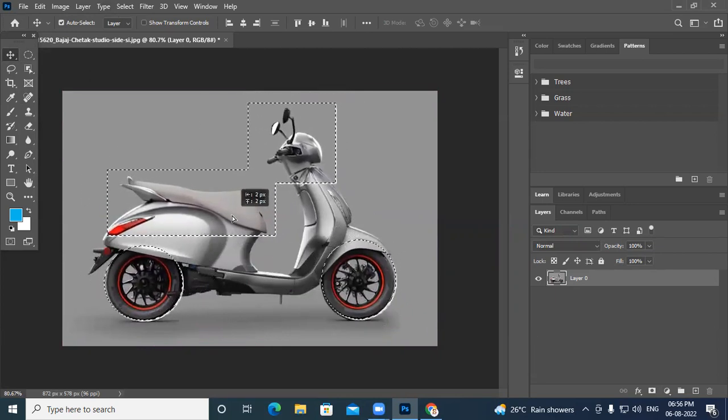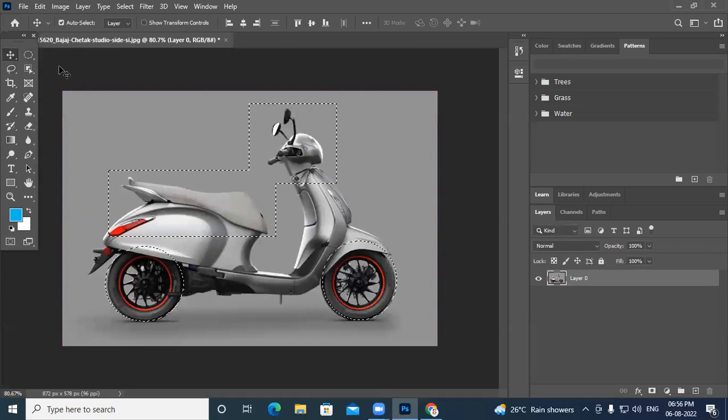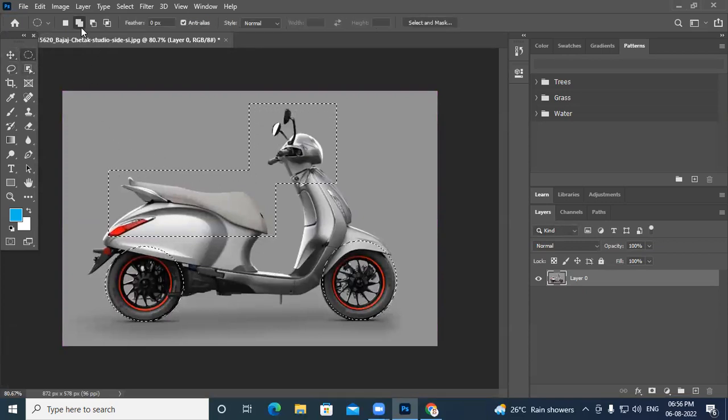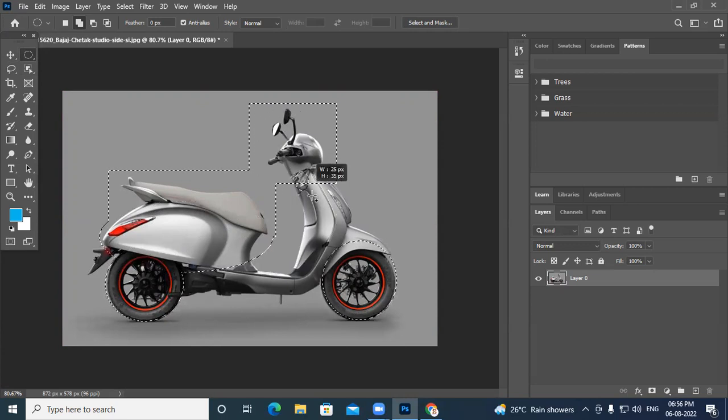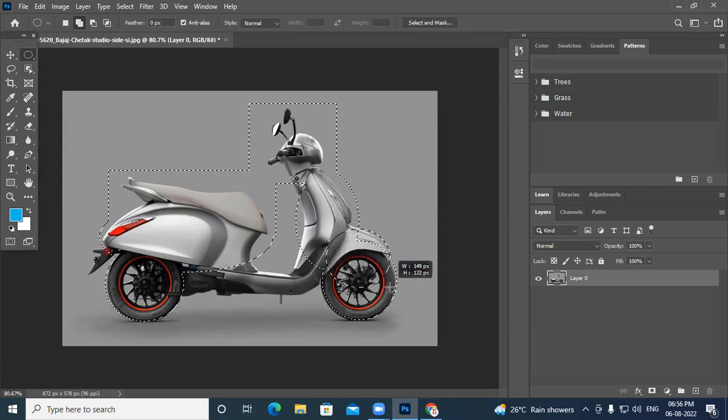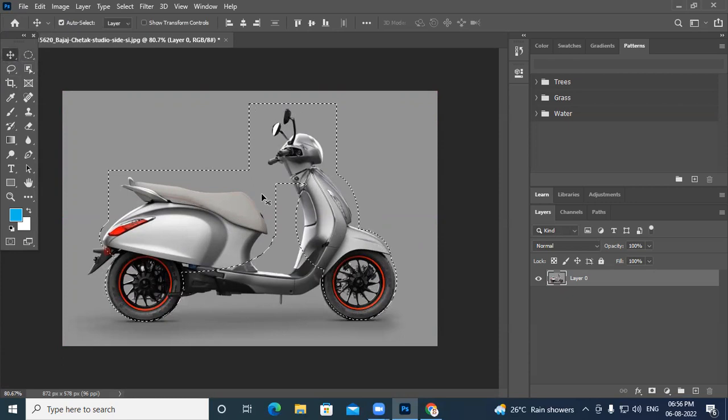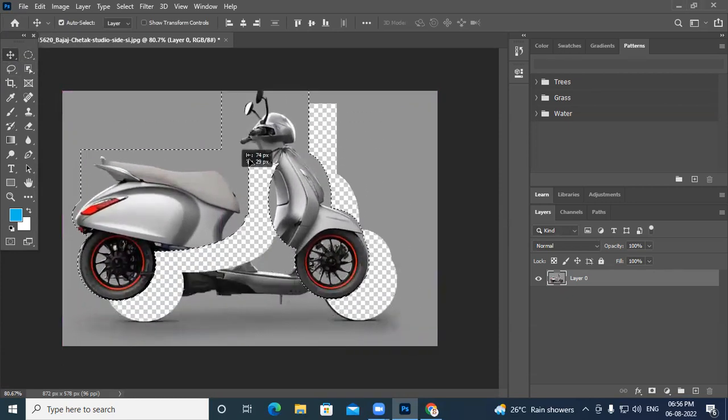Clear now? Okay. Now I'm going to add the between positions also. So here I'm going to add the selection again with the wheel and the bike back body position, and then the front body position also with the wheel. So I joined the entire selection up to here, up to here. See this? This is the area